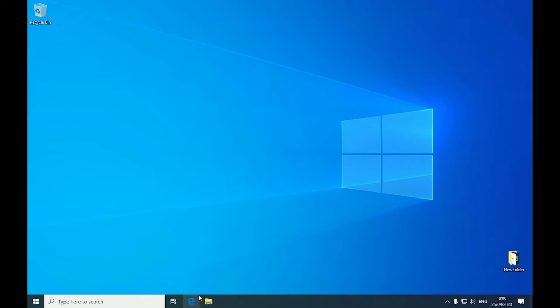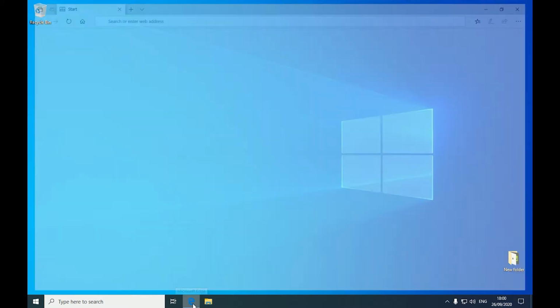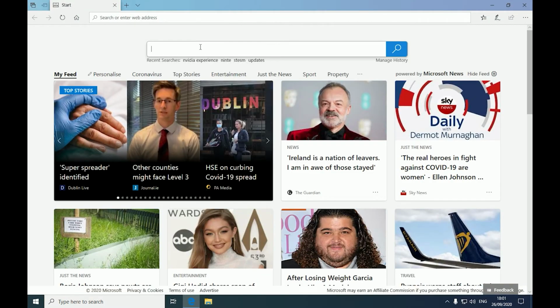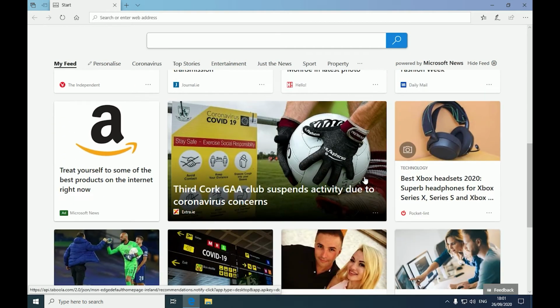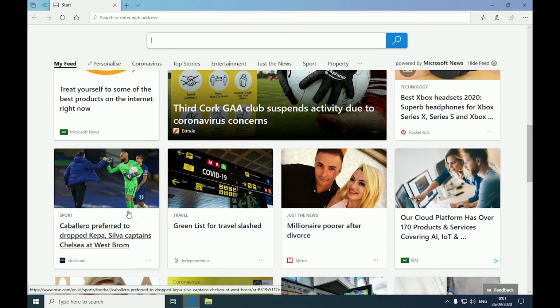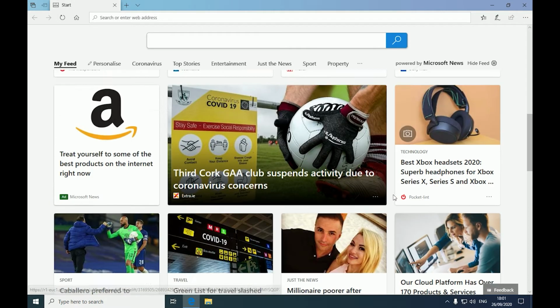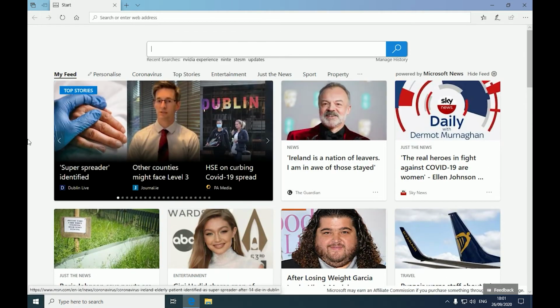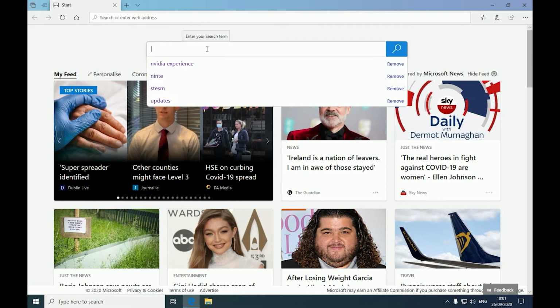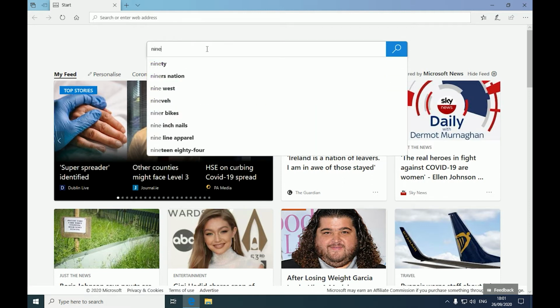So what we usually do here is use a website where we pick up lots of the basic things that you need to run the system from day to day. Some of them are free. Some, like WinRAR, have a free license but constantly ask you to upgrade. So what we can do is type in Ninite